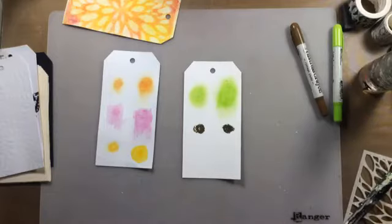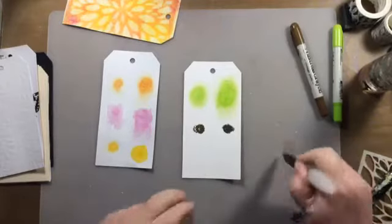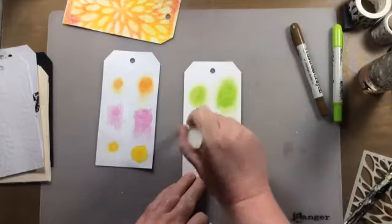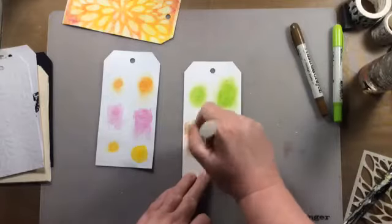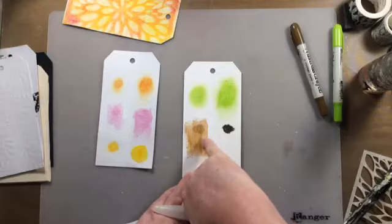So now I'm going to have colour on all my brushes. Let's get some water going in there. So with the Vintage Photo, yeah, see on watercolour you definitely get a better spread. The thing that you do find though, if you don't coat with the